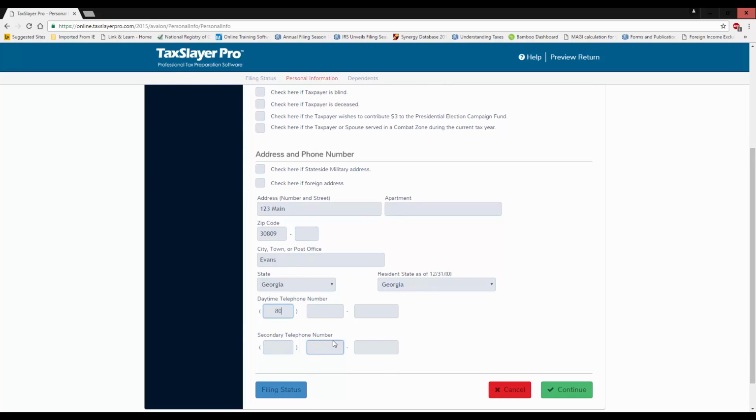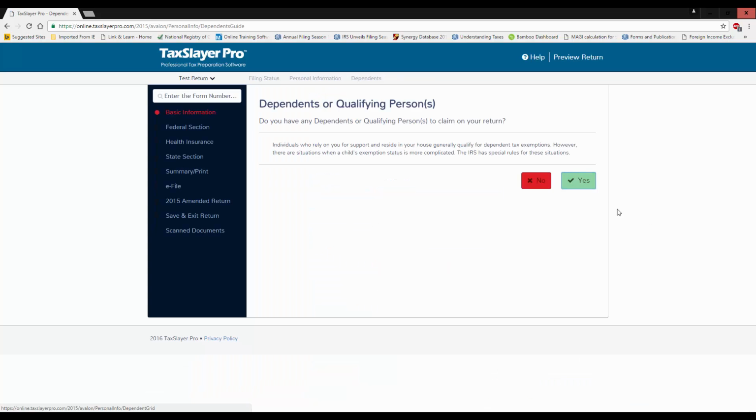You will be required to enter in a phone number. And if you're going to be using a bank product, you'll need a secondary number as well. If you have any dependents,